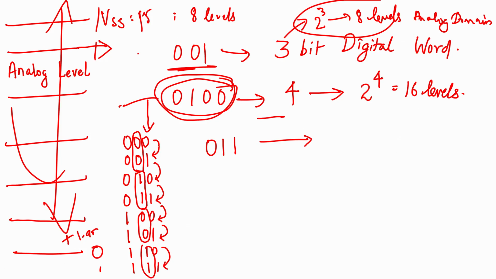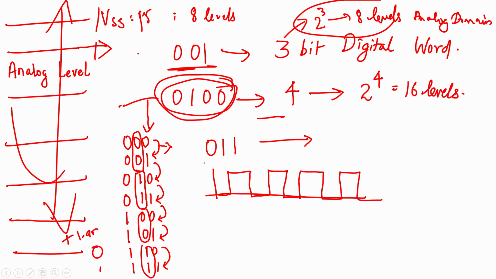So what is the frequency of this? Frequency of this is, yes, every other, correct, and this is every 2 times. Let us say, so if we draw this as a digital signal, like a time domain signal, it will be 0 1 0 1 0 1 0 1, correct. This is 1, this is 0, correct. If you look at it like this, 0 1 0 1, it is toggling.